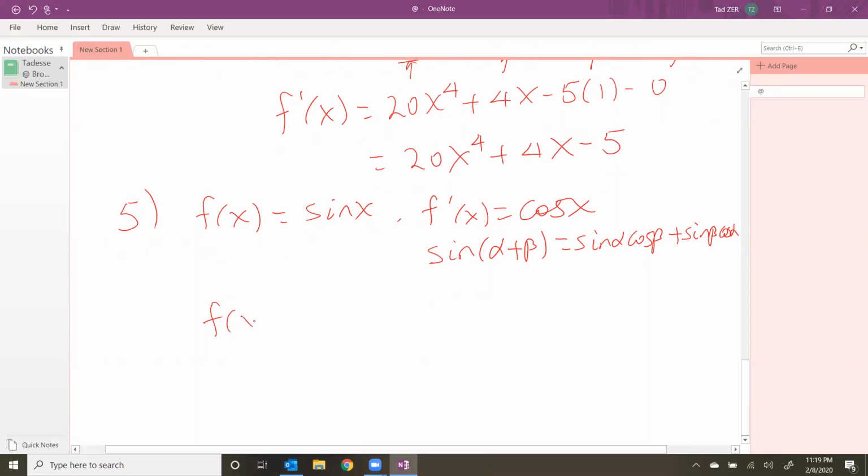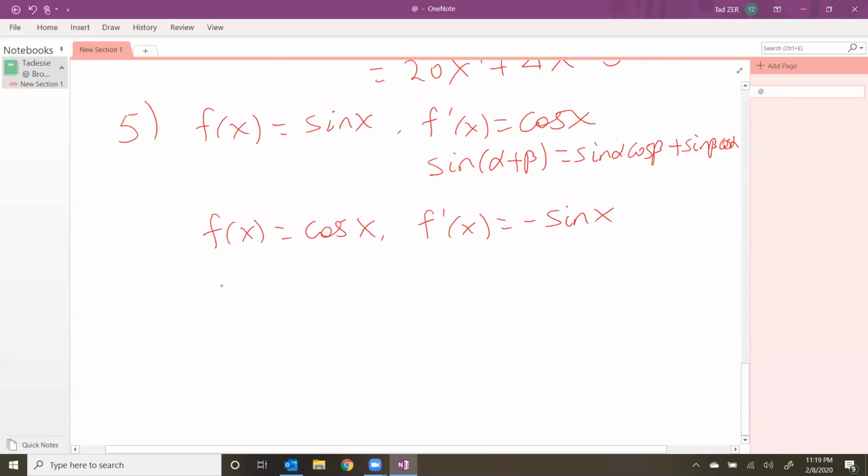And if you have f of x equals cos x, the derivative becomes what? Minus sine x. And the third basic rule says, if you have f of x equals e to the x, this is called the natural exponential function, an exponential function whose base is e, 2.718, right? The irrational number. Then the derivative of e to the x is itself. So these are the basic